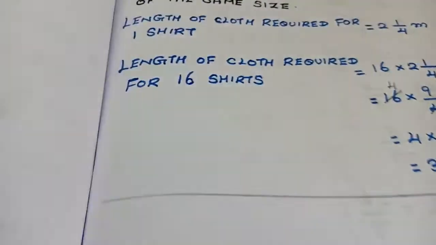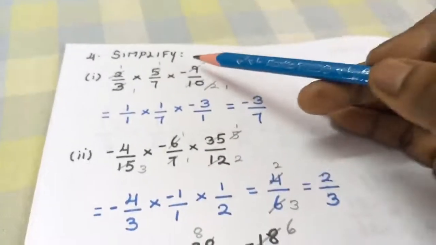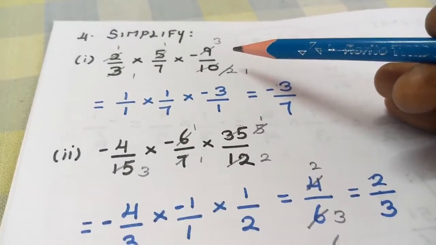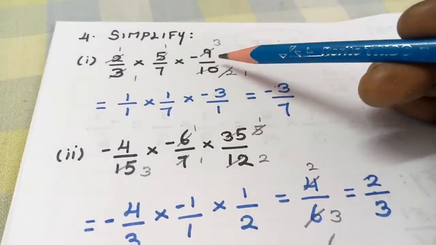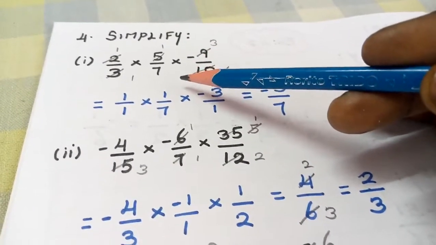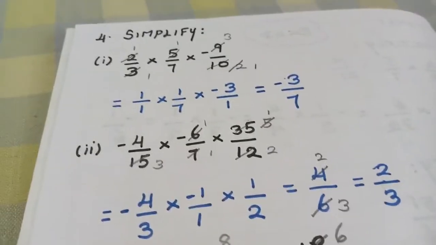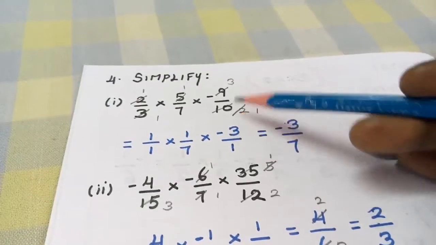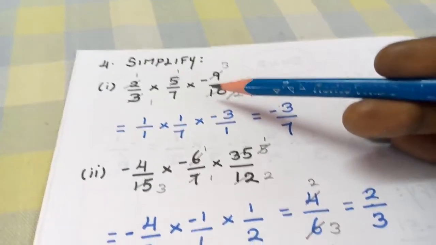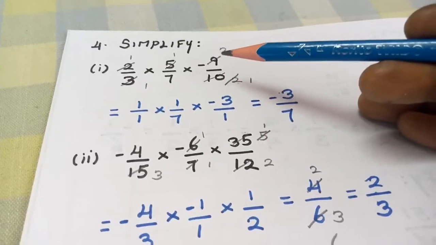So coming to the next question. Here you have 3 rational numbers. In the case of 3 rational numbers, the procedure is the same: one number at the top and another number at the bottom. You can have any number of rational numbers, but the procedure is cancelling one number at the top and another at the bottom by the same table, whatever table you select. The cancellation can be done in any way, but with the proper concept. That is necessary here, students.